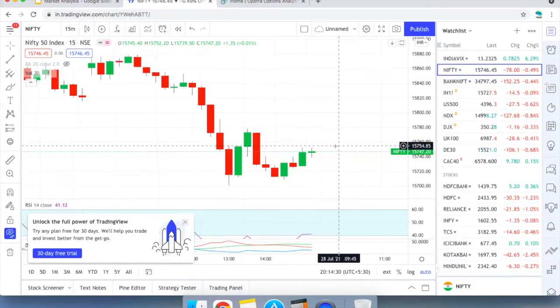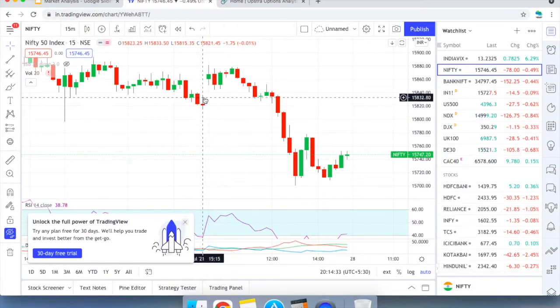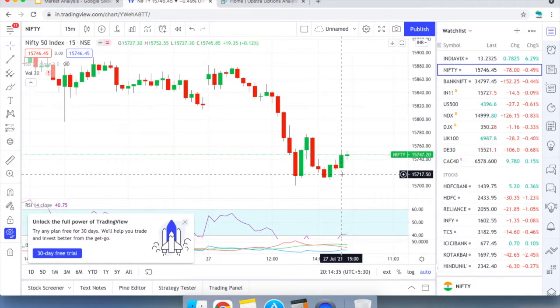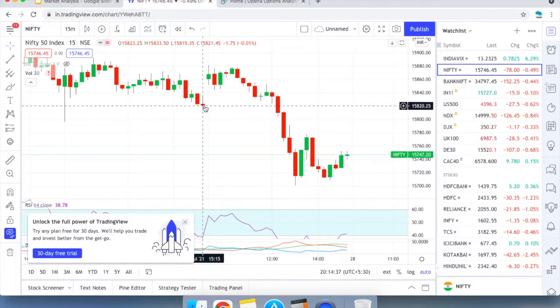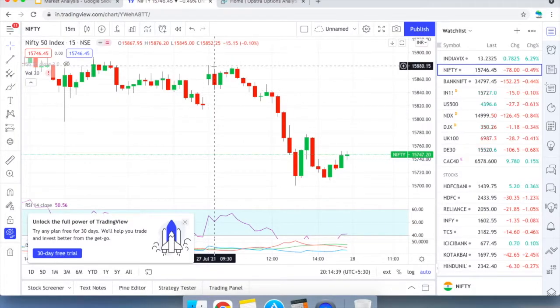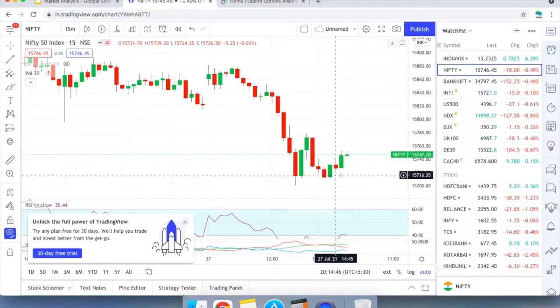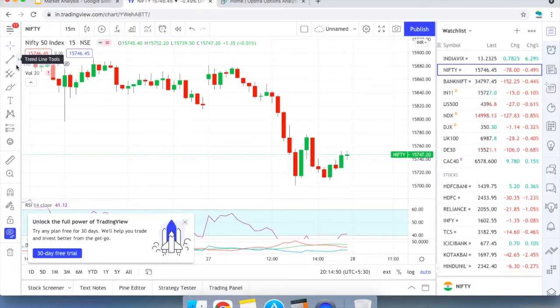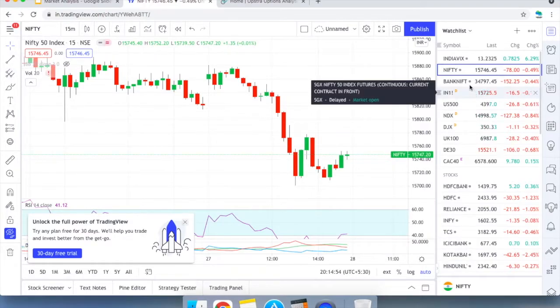If you go to the lower time frame, it's a clear trending downwards day, except that in the morning it attempted to trap the bulls and did move up, consolidated, then trended upwards. By the end of the day it recovered a little bit. So a total of 80 points lost in effect, and Bank Nifty 150 points. Bank Nifty also